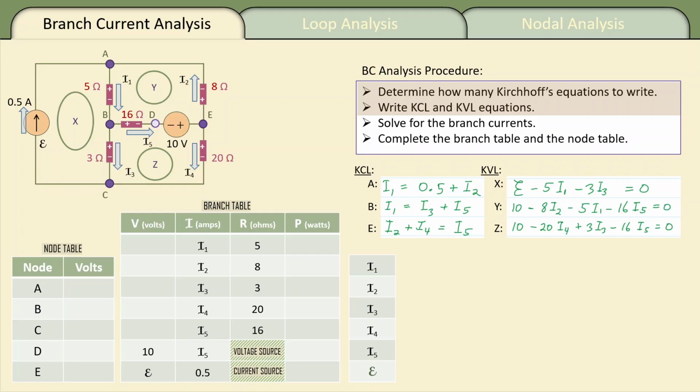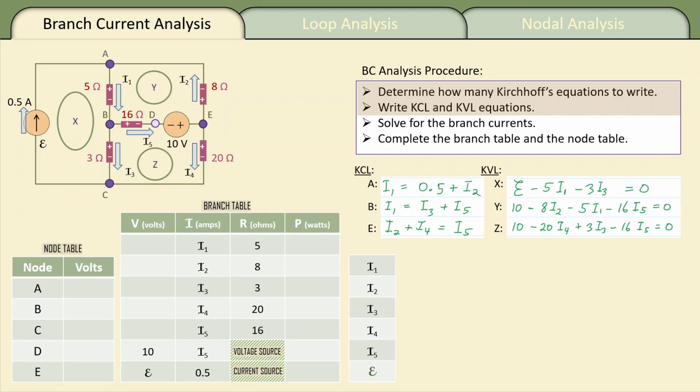So I have a voltage drop, minus 5 I1. That's Ohm's law. I'm going to continue from B to C, and I'm going through the 3 ohms, plus to minus. Again, I'm decreasing as indicated by the plus to minus going with I3, so minus 3 I3. That equals 0. You can convince yourself that you get the equations for Y and Z,